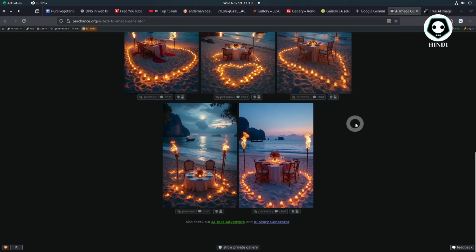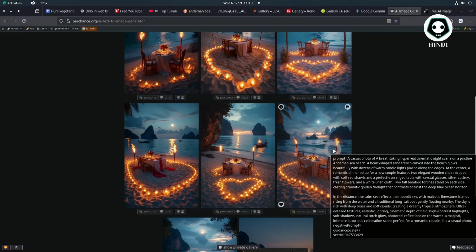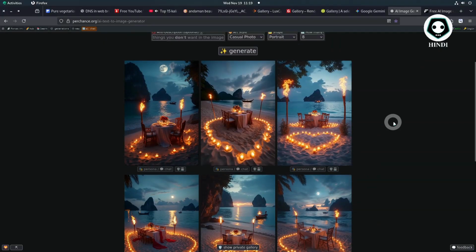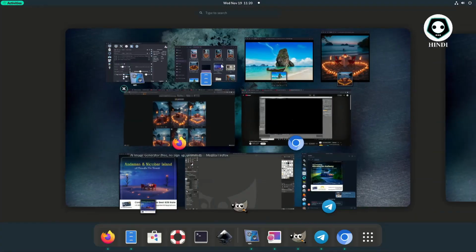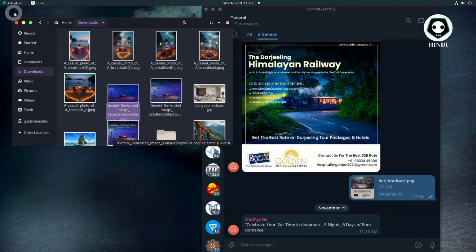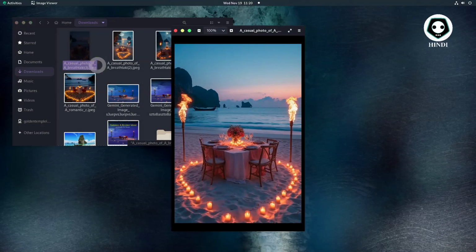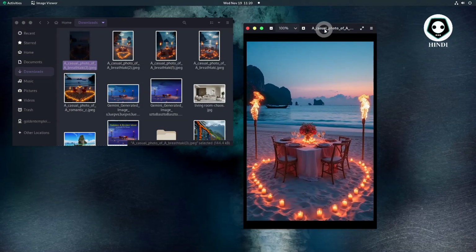So I have downloaded 4 images from perchance.com, and the same process I will apply on the Gemini. I am going to show you what image generating website gives me a good quality image.